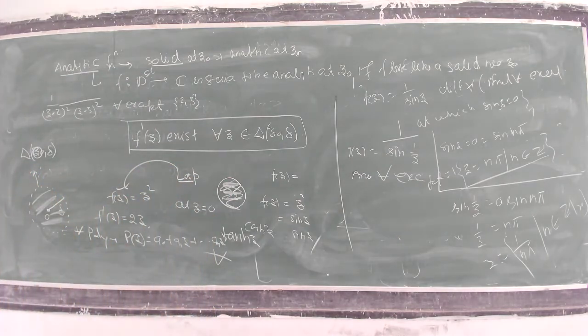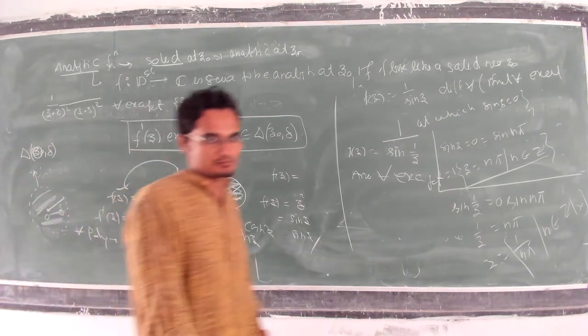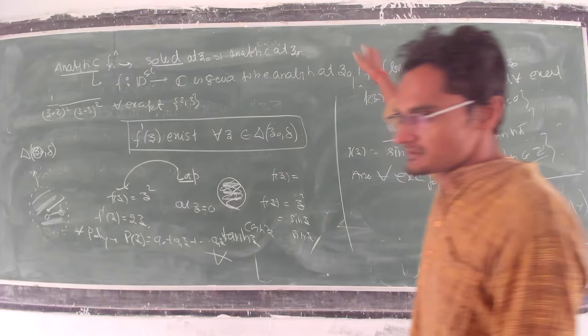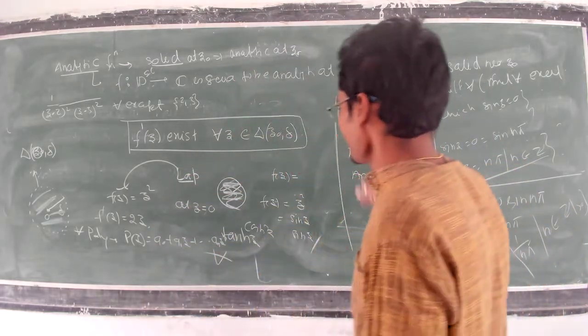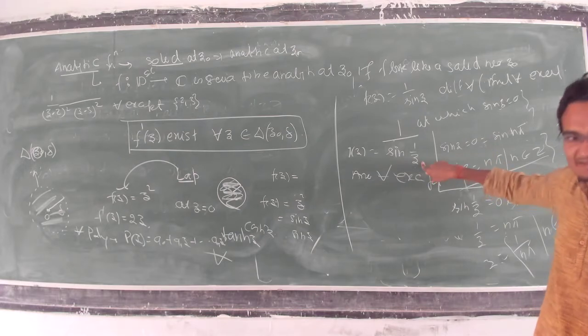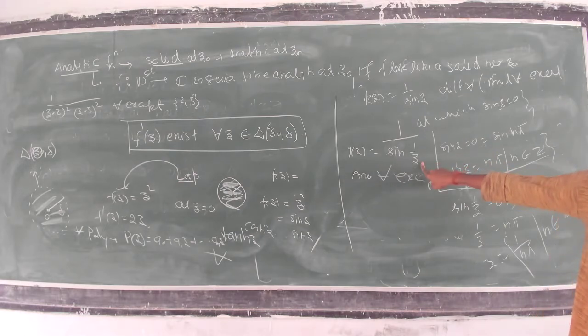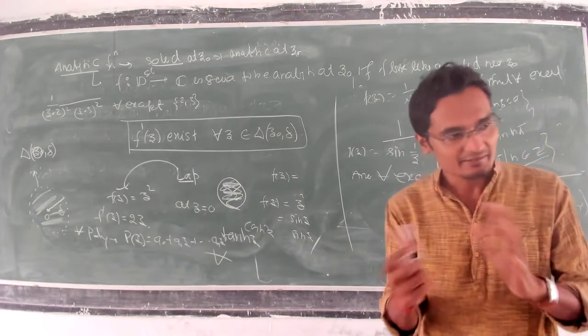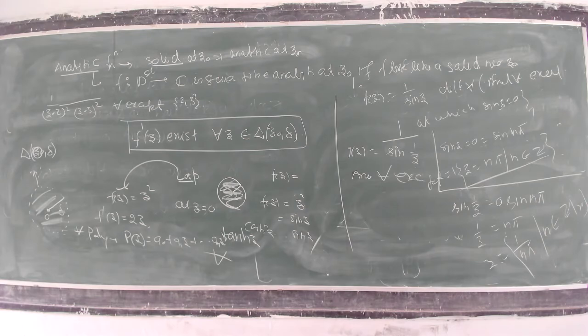So now you guys write some questions. Try to check the analyticity and ask me also. Okay. So these are the questions of analyticity of complex functions. But if you remember, z is coming here. So this is a complex function, the range is also complex numbers. So these are complex functions of a complex variable.